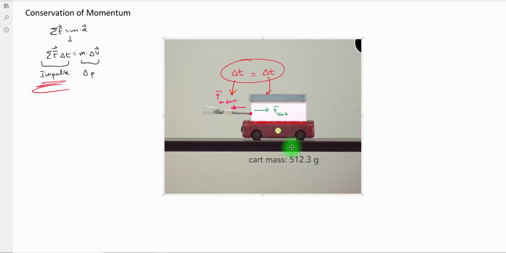And that's the key for conservation of momentum. If we establish that the two objects are going to experience equal and opposite impulses, then we can also say they're going to experience equal and opposite changes in momentum. Now, we can get into some pretty strict derivations here, but if we were to say that the change in momentum for the cart is equal to the opposite of the change in momentum for the dart,